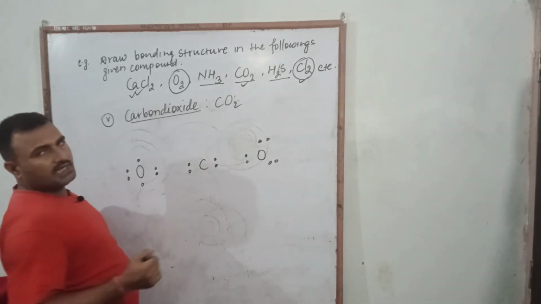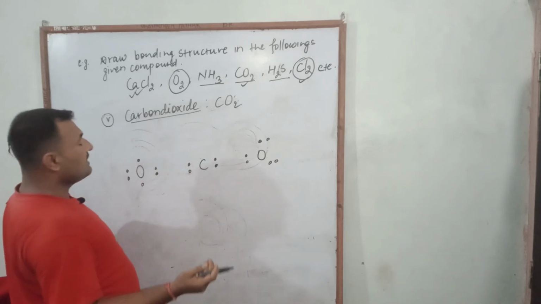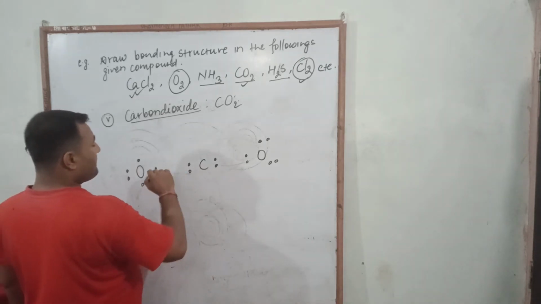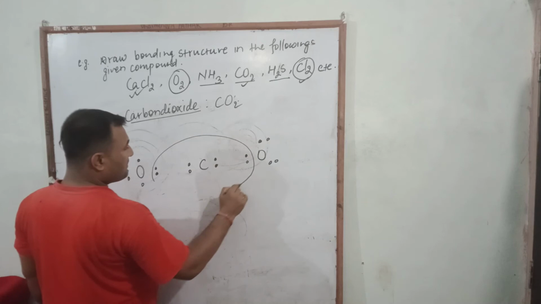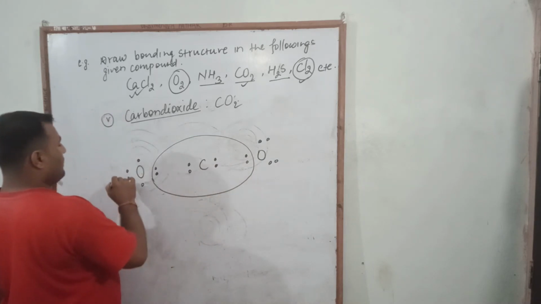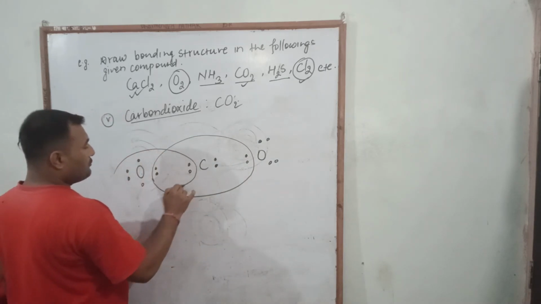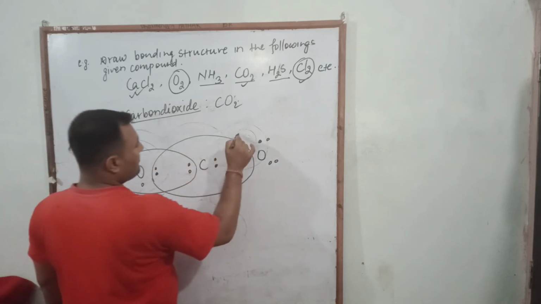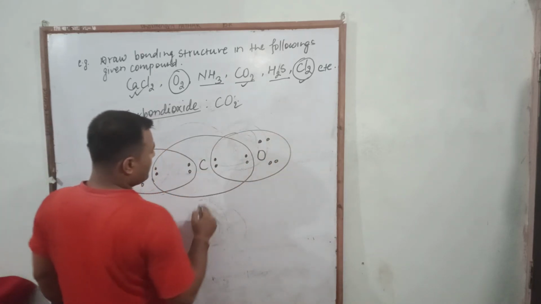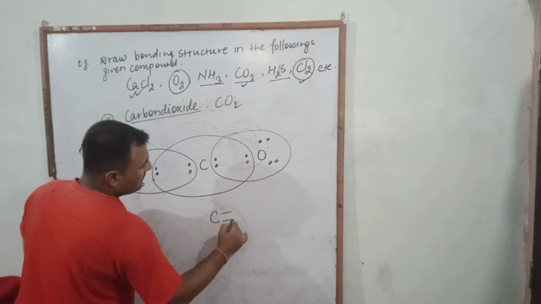Carbon has 4 valence electrons only, and carbon shares 2 electrons with each oxygen. Oxygen shares 2 electrons with carbon, and in this way, listen here,